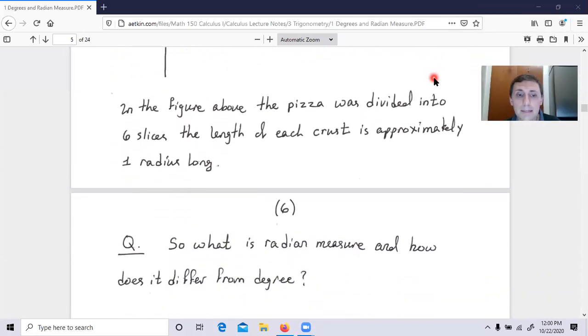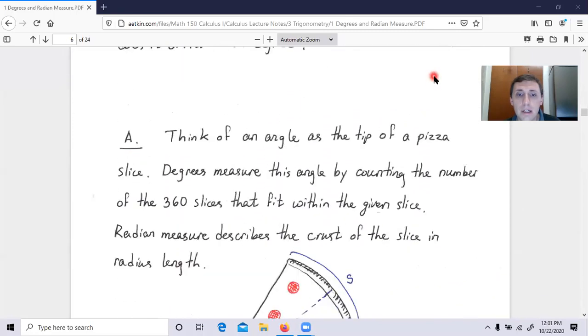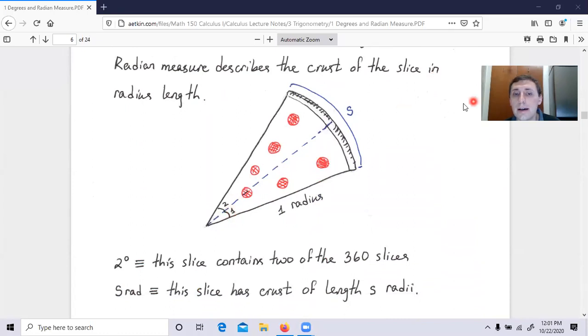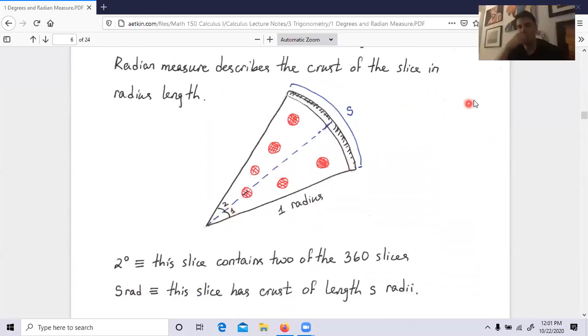It is crust. Okay, so here is what you should think, guys, right? So here is a pizza. Let's say I made it have 2 slices. Let's say those are 2 degrees, a 2-degree pizza. Of course, it's much bigger than 2 degrees, but it doesn't matter, right? Let's say that's 2 degrees. So that means my slice contains 2 sub slices, and